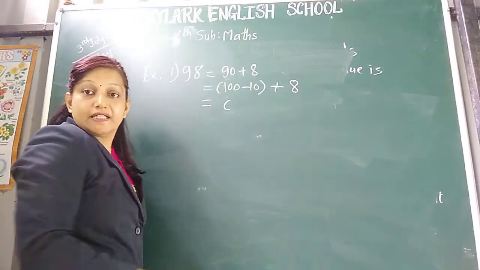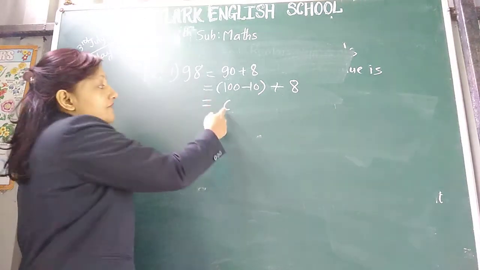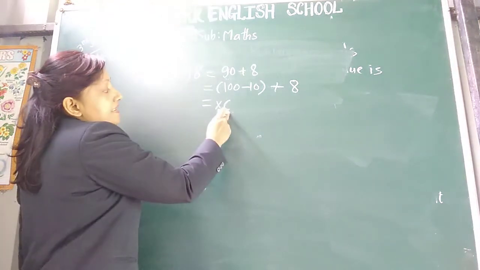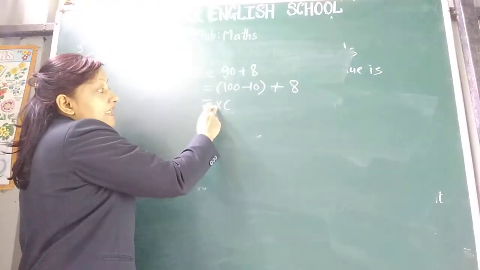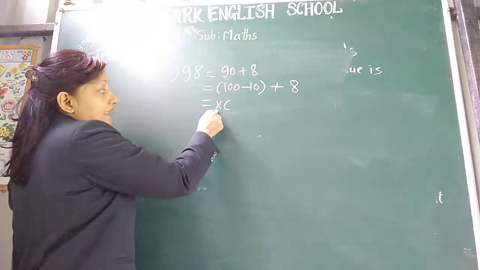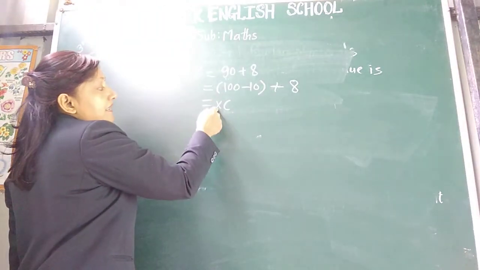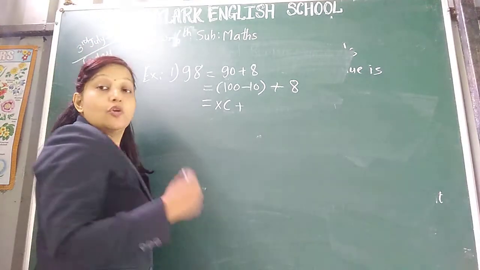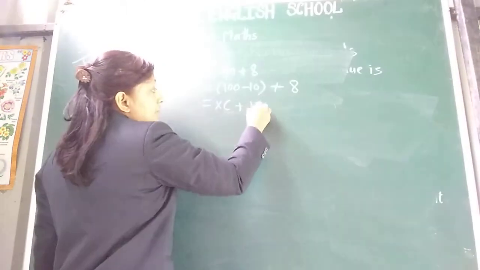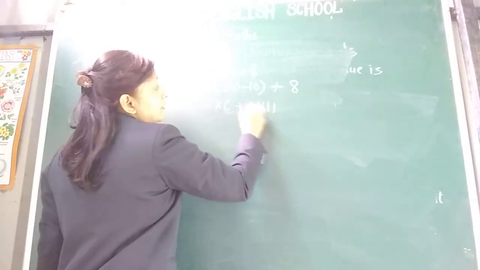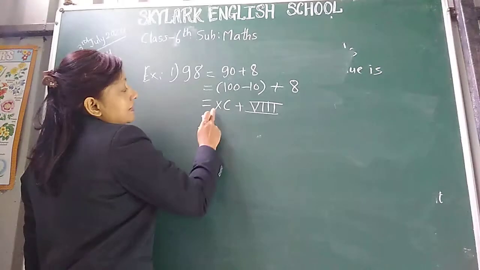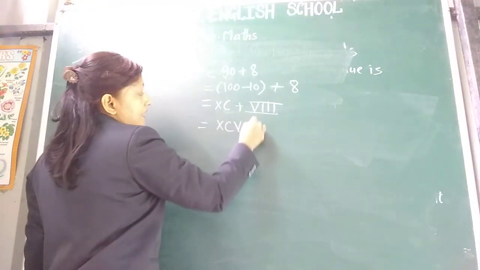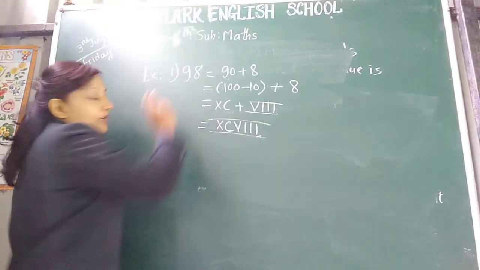And for minus 10, where is minus written? A minus number should be written on the left side of the greater number, so before it we have to write 10. Have you got this? So XC. X we can write, but V, L, D we cannot write on the left, keep that in mind. So -10 should be written on the left side of 100, and +8, what is the Roman numeral for 8? That is 5 plus 1 1 1, that is 8. Now you can write this together, that is XCVIII. So this is the Roman numeral for 98.